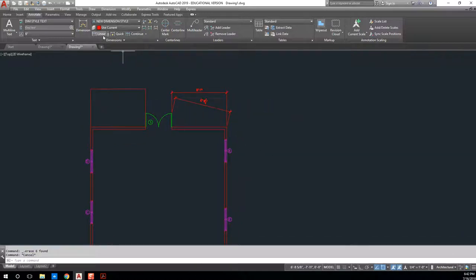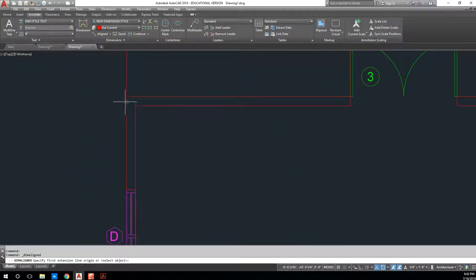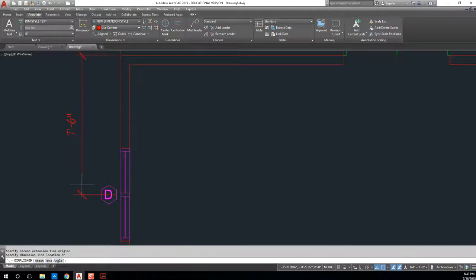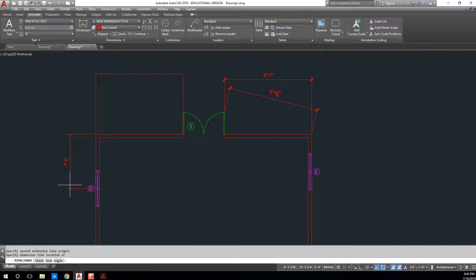So I'm going to click on linear. Actually, my dimension of preference is aligned because I like to get the orientation of whatever I'm dimensioning. So I'm going to click to the middle of my opening, move my dimension style out, click again. If I want to create another dimension, I click on aligned, click